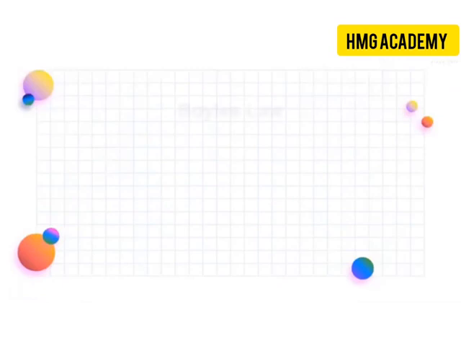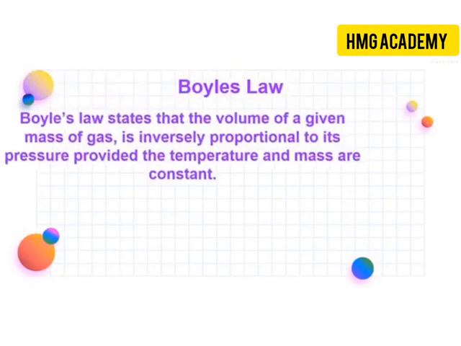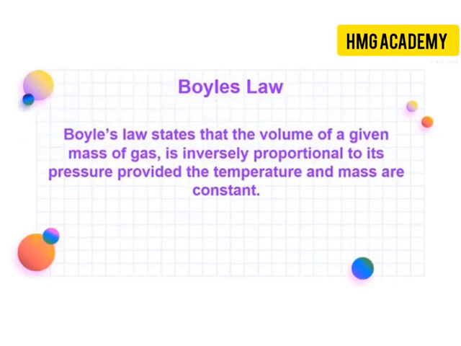So let's take the first one, Boyle's law. Boyle's law states that the volume of a given mass of gas is inversely proportional to its pressure, provided that temperature must remain constant. Mathematically, this means the volume is inversely proportional to pressure, and if we are going to